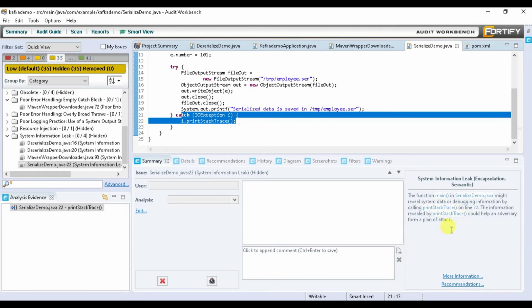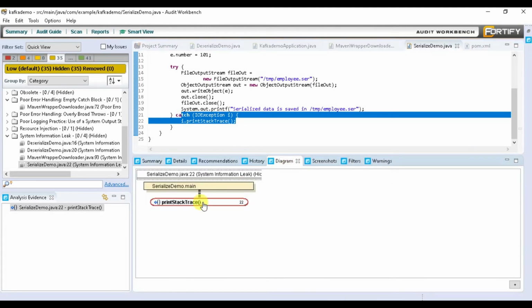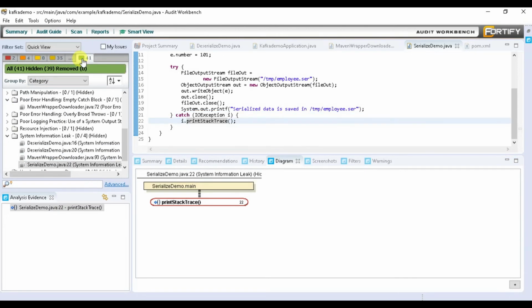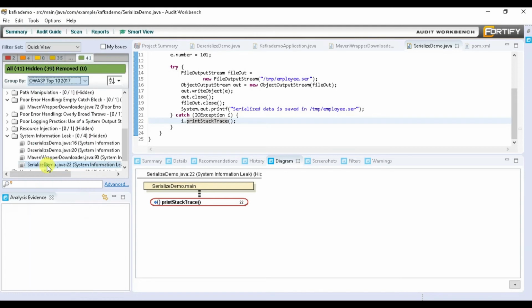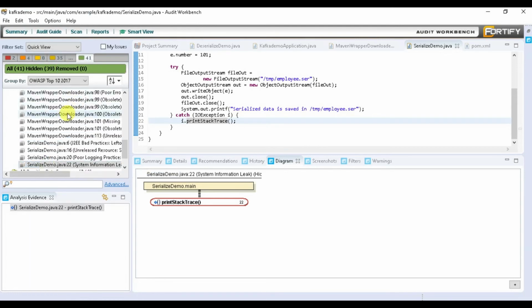The information revealed by the stack trace could help an attacker, and in the diagram section it is also asking us to remove these kinds of things. So guys, I am letting you know this from the developer perspective.